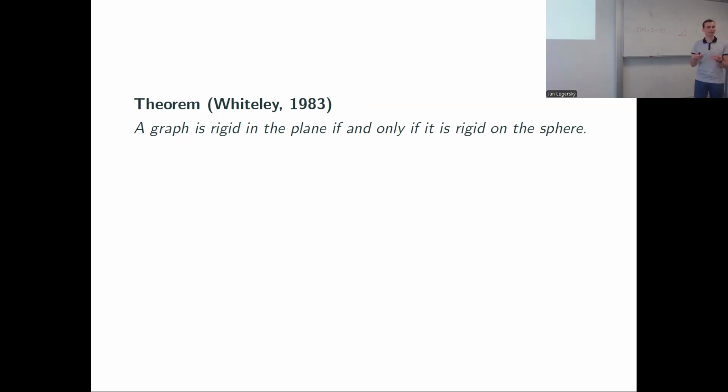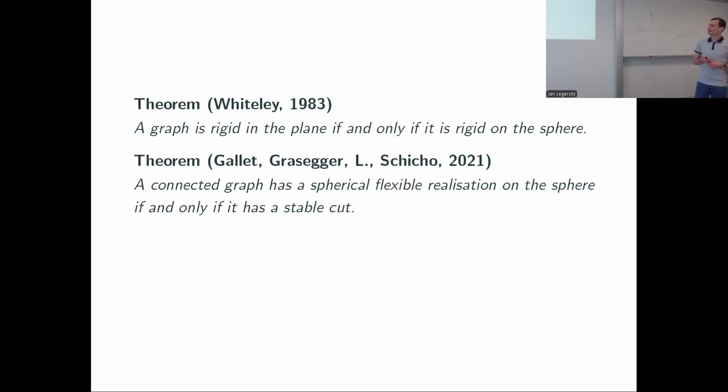They are a bit more difficult to produce, like the spherical ones, but one can also produce some spherical linkages. So that's one ingredient we need. The other ingredient is that we proved that connected graph has a spherical flexible realization if and only if, and we did it using some colorings, but I don't want to introduce the definition of the colorings. Basically, the if and only if was if it has a stable cut. So now, just putting these two things together, just taking the reformulating this one, a graph is flexible in the sphere if and only if